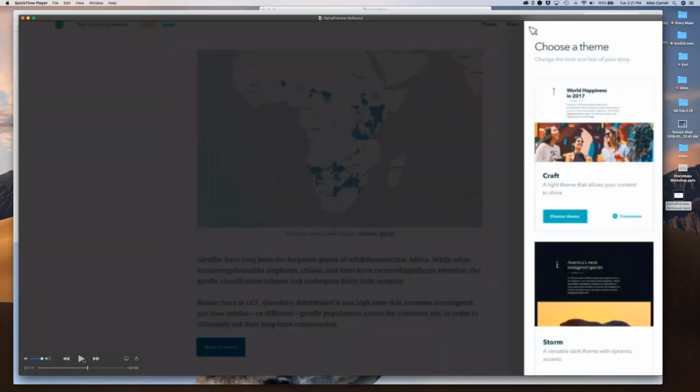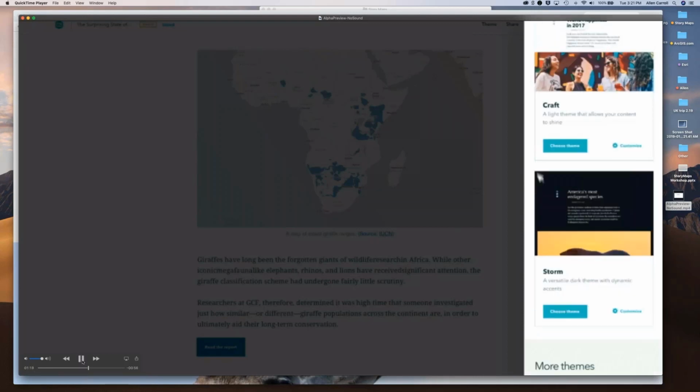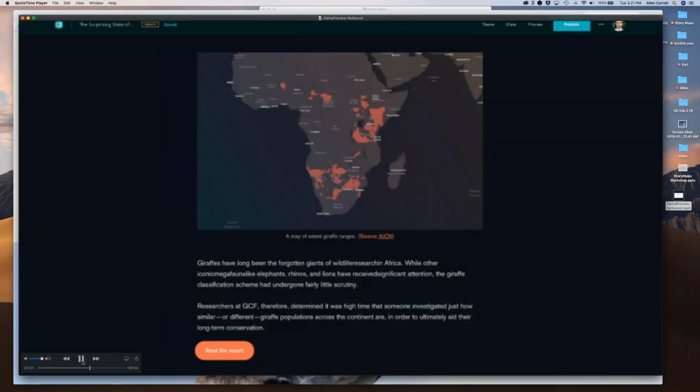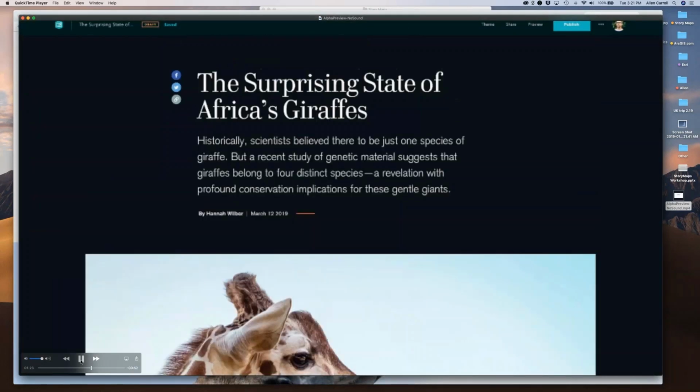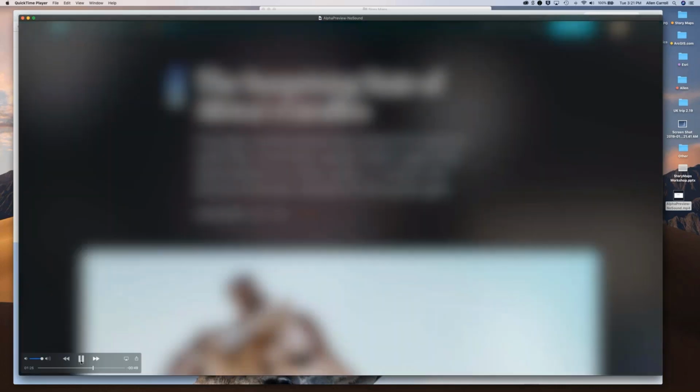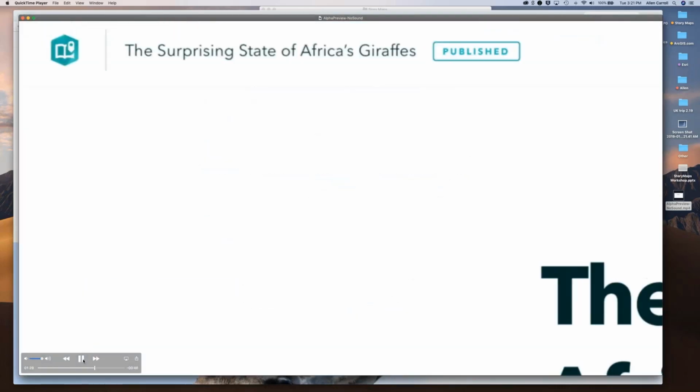Another really cool thing is that we'll start with maybe just 2 or 3, but we will ultimately have a whole gallery of themes. So you'll be able to choose among different combinations of fonts and background colors and highlight colors and things like that. And another really cool thing about the themes is that those Express Maps that you create will also redesign themselves magically to align to the different themes. So we're really excited about this new story map. We've also got better editing and publishing options as part of the next generation.